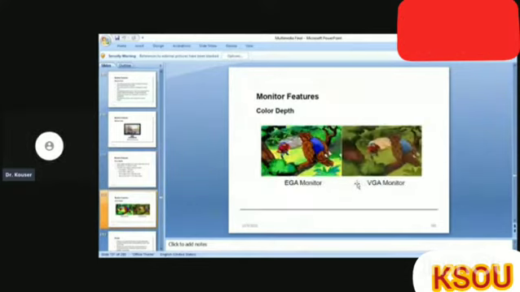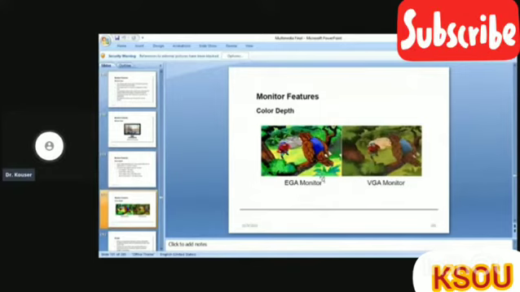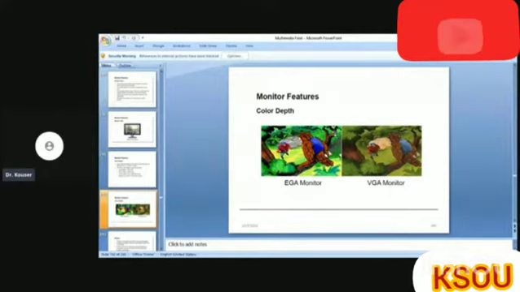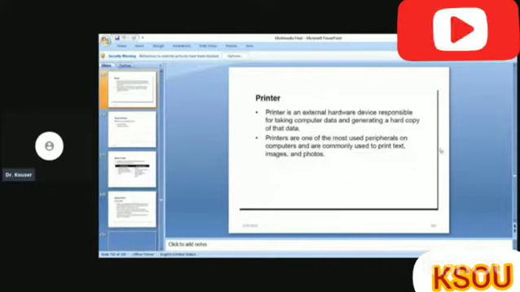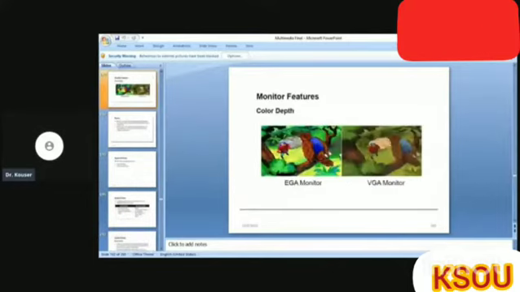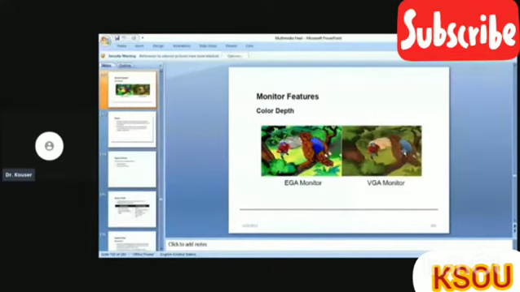So this is an EGA monitor versus a VGA monitor. Here the number of pixels is higher, and here the number of pixels is very less. That is the difference color depth can make in monitors.